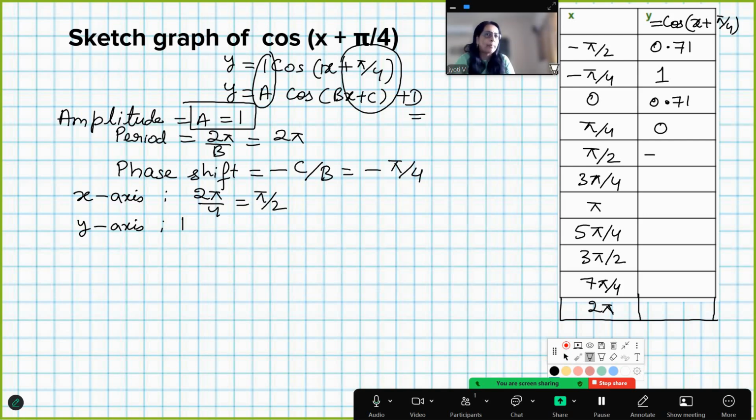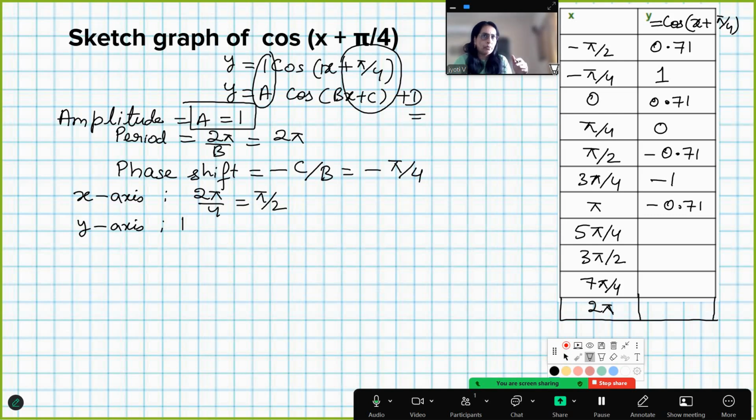Negative of pi by 4 means what? 0.71. 3 pi by 4 plus pi by 4 is 4 pi by 4 means what? Cos pi, which is negative 1. And then cos of pi plus pi by 4 means what? 5 pi by 4. 5 pi by 4 is 225, which is in the third quadrant where cos is negative. Negative of 0.71. 5 pi by 4 plus pi by 4 is 6 pi by 4, which is